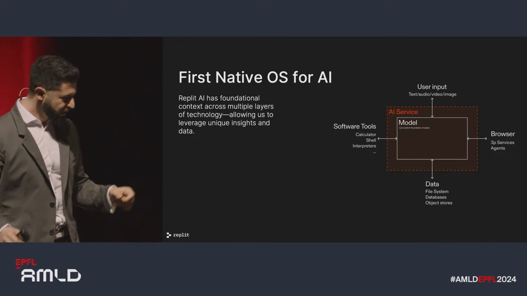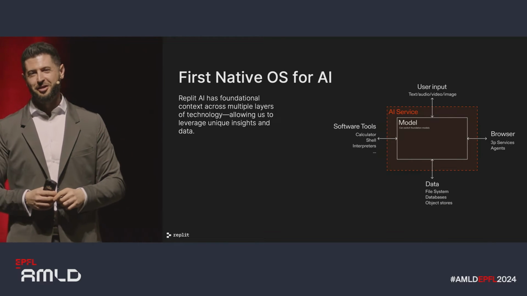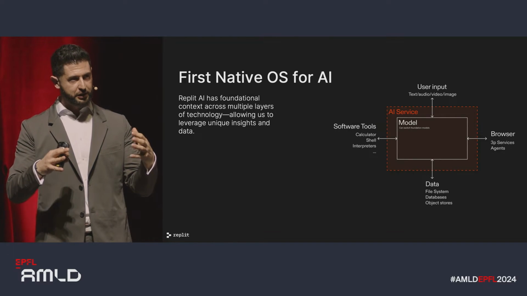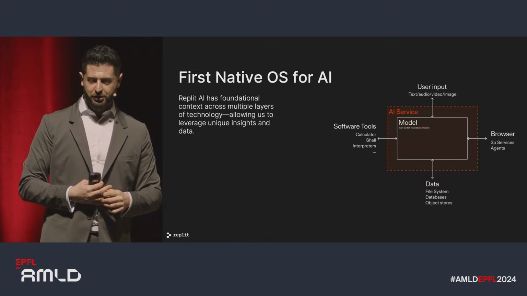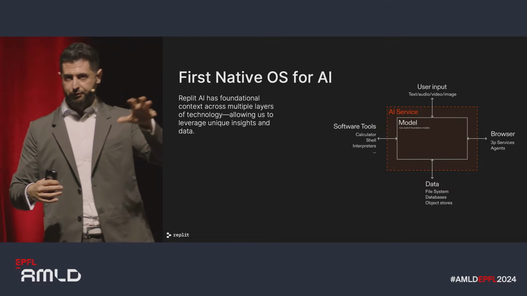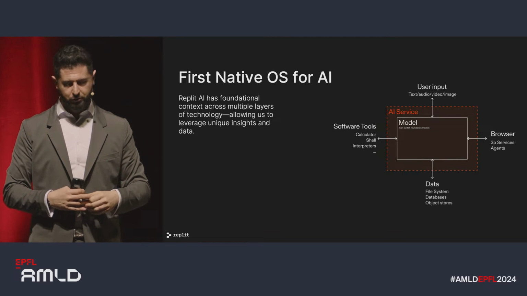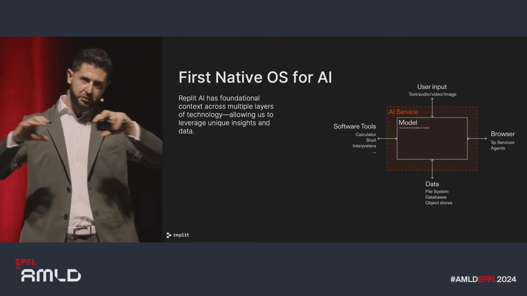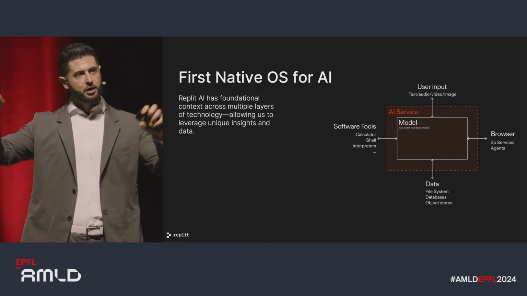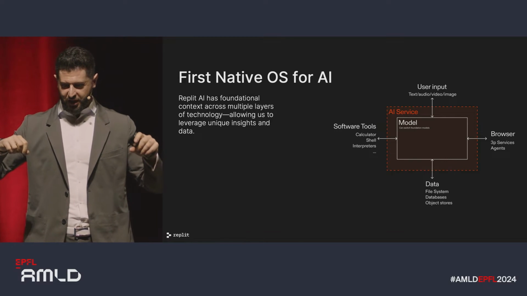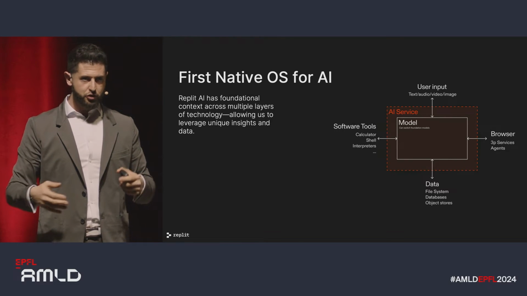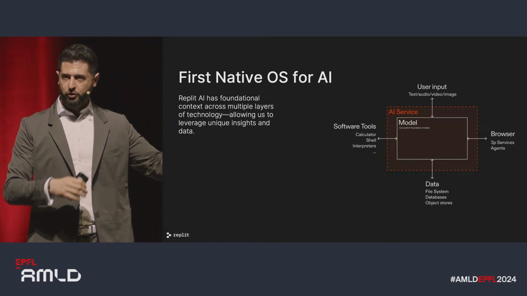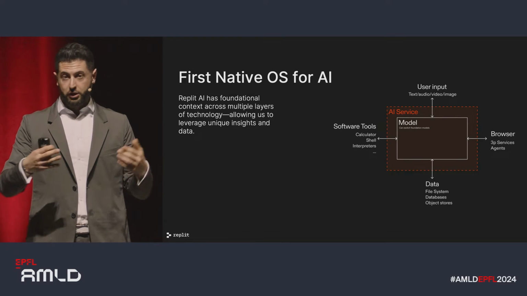If you connect, though, all the dots that I've been talking about, you will realize that Replit is becoming almost the first native operating system for generative AI. So at the epicenter, we have our family of different models. Some are our own, bespoke trained. Some others are third-party models. And we built a connective tissue around them. We built these AI services that allow us to take different data and information from, say, the file system, as I was mentioning before, when we build the smart context, or directly from the shell, or directly from the code execution environment, all the way to the user input, of course, right?